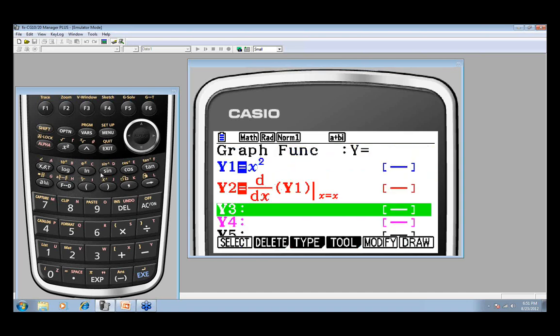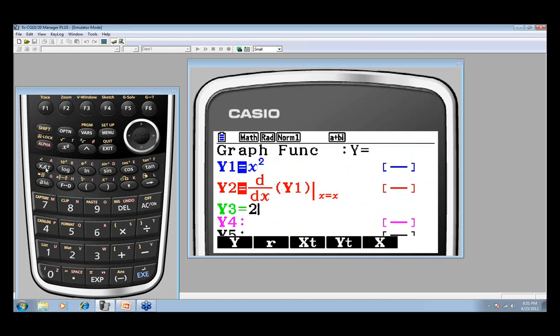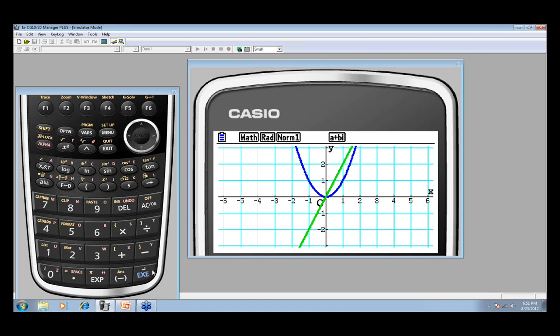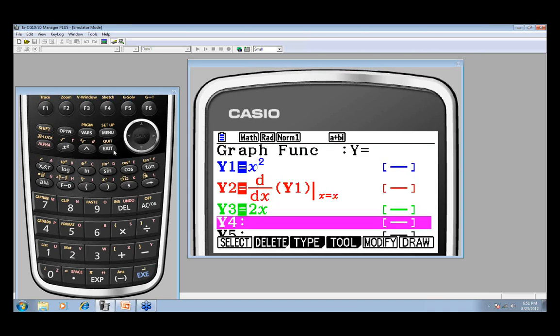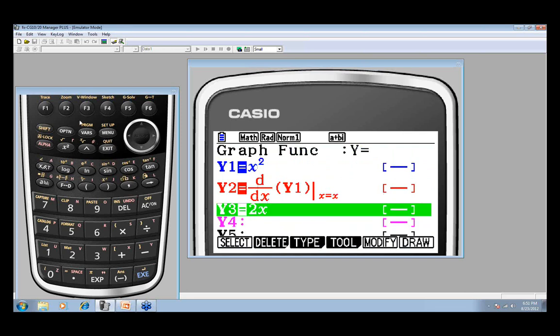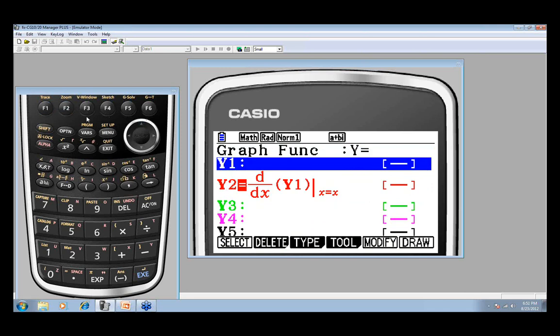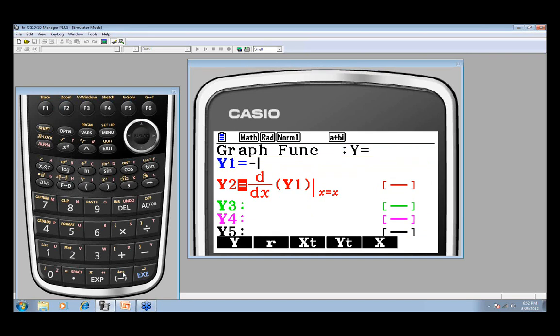Well, that means then that we have discovered that the derivative, if we're right, if it graphs out on top of the red line, then we will know that the derivative of x squared is 2x. So let's see if we're right by checking to see if that line graphed on top of the other line, and it did. So we're pretty sure we're catching on to maybe a rule. We're developing the idea behind the power rule. The next function we're going to explore, let's try -3x squared.